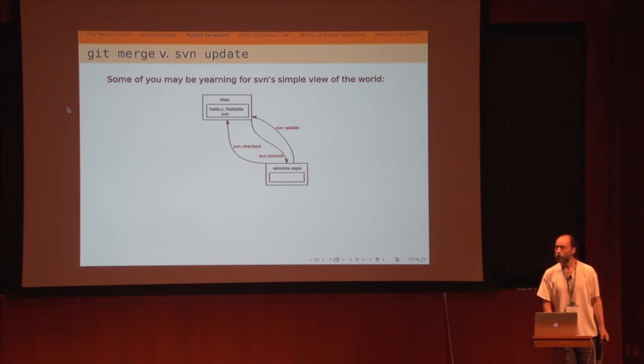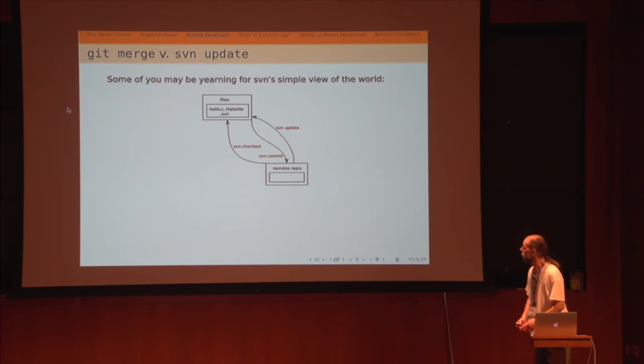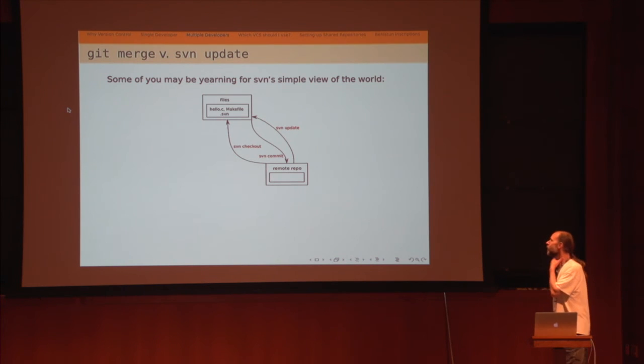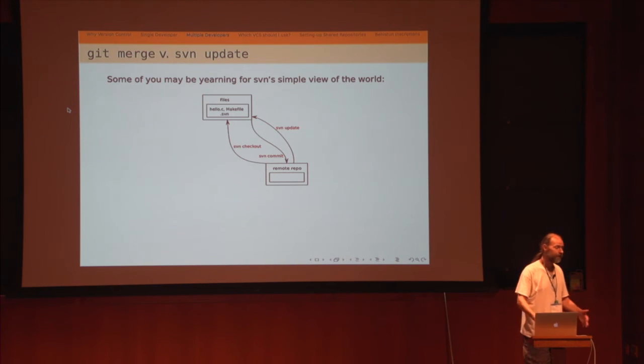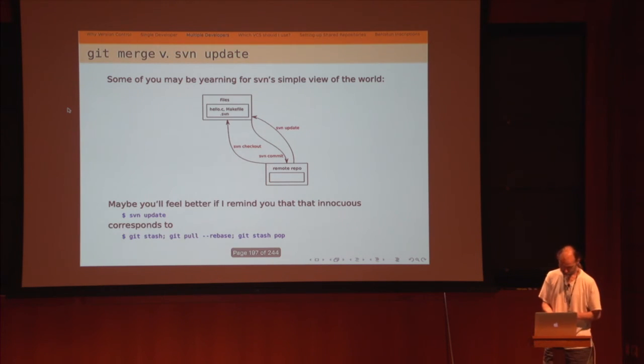Okay, some of you probably like the SVN way of doing this, or even CVS, which is essentially similar here. It's all so much simpler. We don't have indexes, we don't have pushing, we don't have pulling. All we have to do is to say check out, commit, update. It's just so nice. I don't lie awake at night trying to remember how Git works.